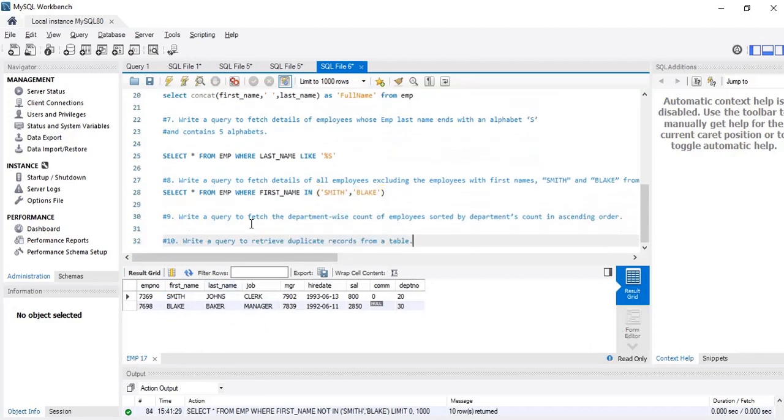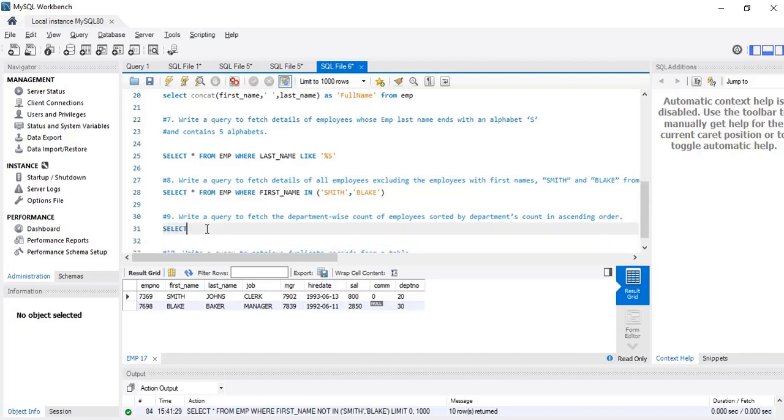Now the next question is write a query to fetch the department wise count of employees sorted by departments count in ascending order. Now we have to print count. So select count, say EMP number, from EMP. Now we have to sort them department wise. So whenever we have to group them, we use group by.